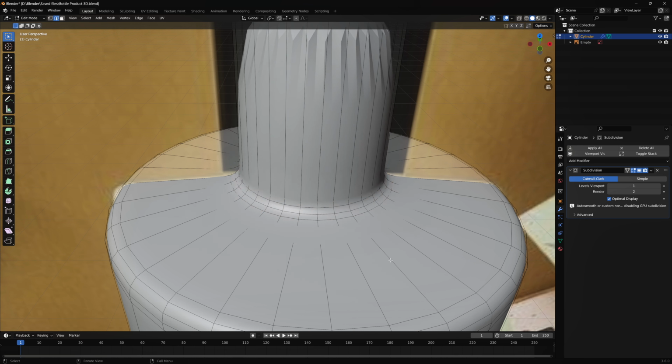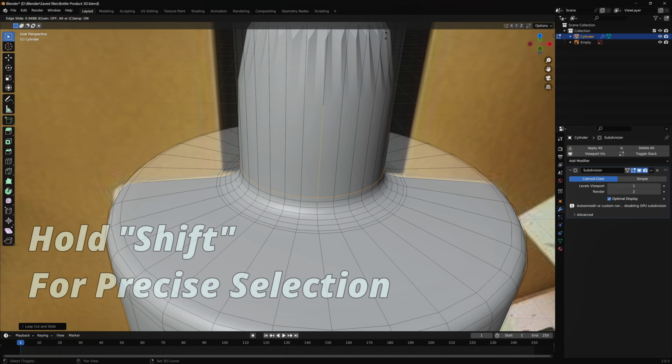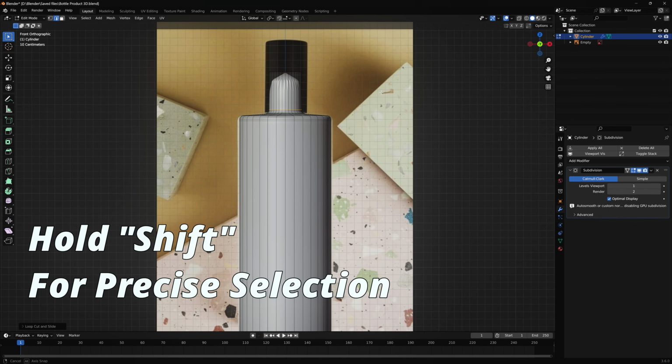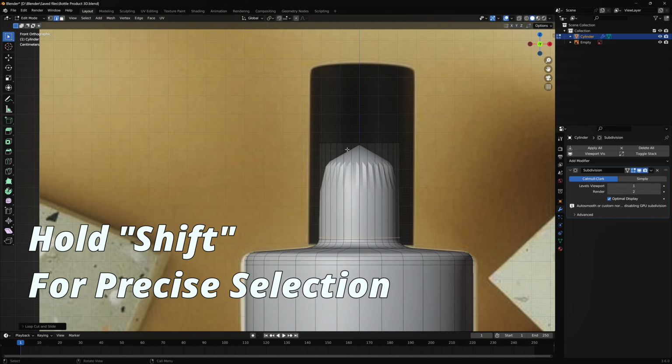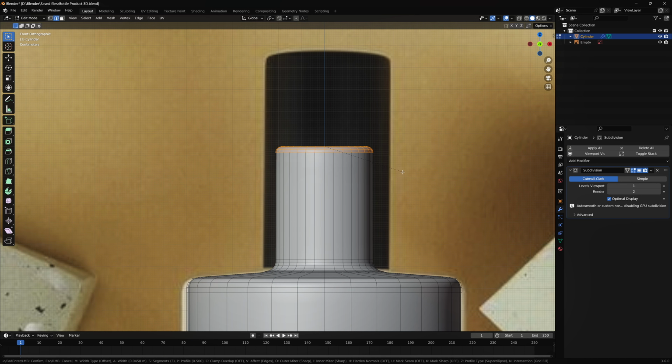Then again one more loop cut with Control R, bring it closer to this, and one more in between here. Okay, one more, bringing this down. You can hold shift for precise selection in any of the thing in Blender. Okay, yeah, in Blender you can do all of this stuff. And again hitting Control B,